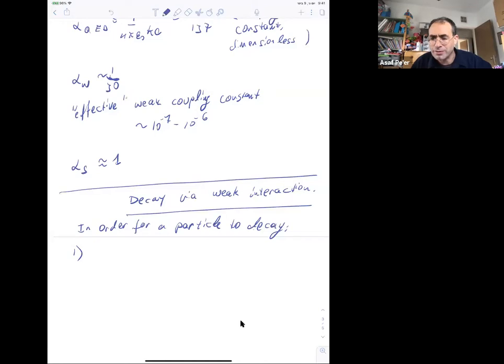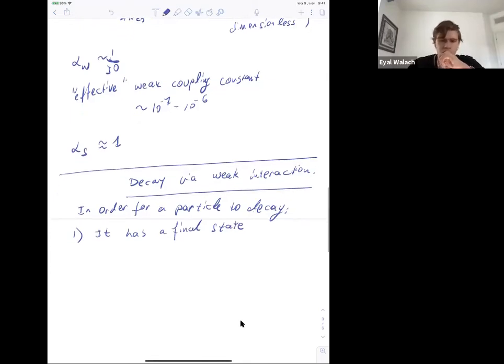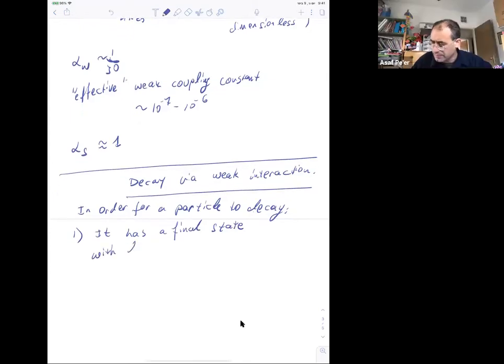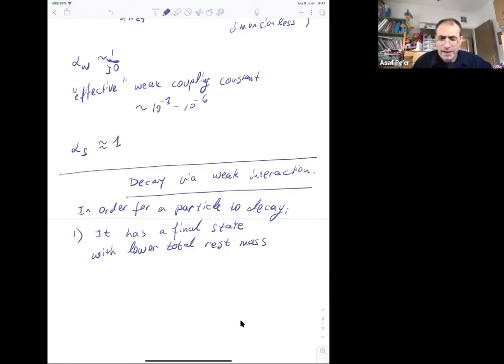That's why the electron is stable, and muons and tau are not. So it has a final state with lower total rest mass. And it can reach that final state by